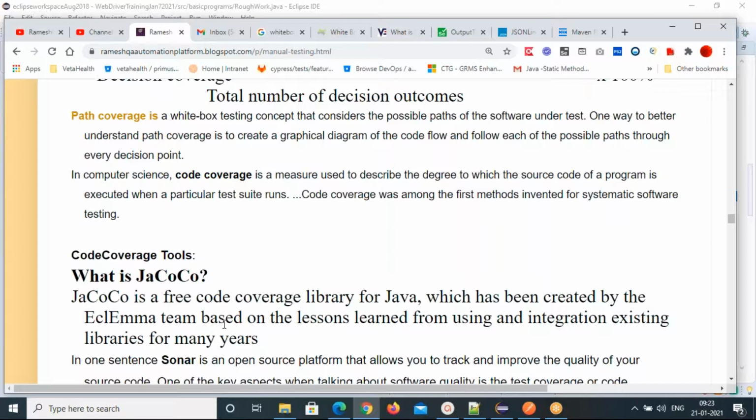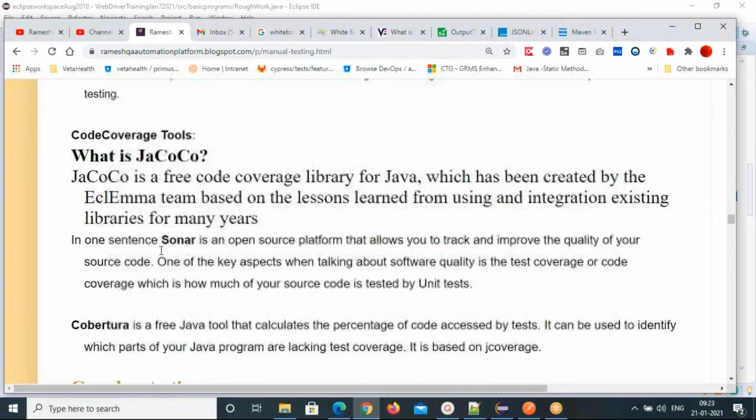Manual test cases, no. Automation test cases, when you execute them, will show how much coverage you are executing. You have completed all the developers' code, and that will be given by these tools. What are the tools? We have JaCoCo, one tool.